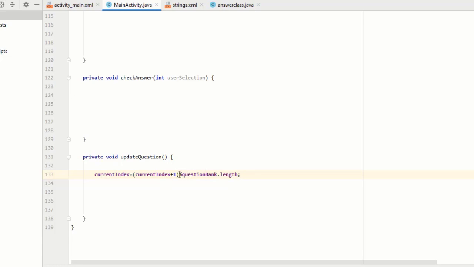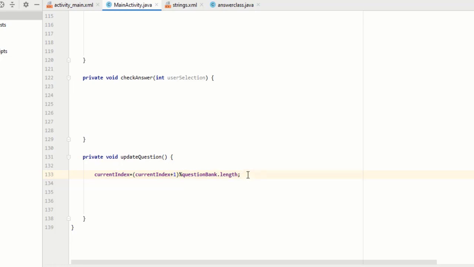So then you can see it again goes to the 0 index, and this is the beauty of this line. It is never going to show the array out of bound index, because the index value never crosses the question bank length. Now after 8, if 8 plus 1, 9, 9 %, again 1, then 10 %, 2. So this cycle is repeated infinite times, and our app is nowhere going to crash, and it always runs up until the question bank length. So hopefully you understand everything and how this works.